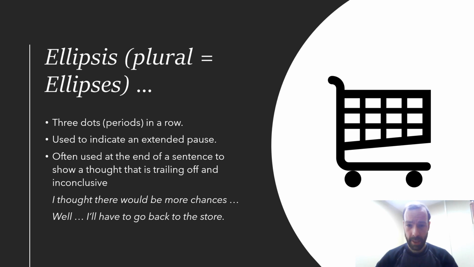Lastly, we're going to talk about the ellipsis, plural ellipses, which is 3 dots or periods in a row. Sometimes people put more. If you're using this in formal writing, which you shouldn't really that often, definitely don't do more than 3. We use this to indicate an extended pause, and you might use this when you're story writing to show a character pausing or thinking for a little bit of time. Often it shows up at the end of a sentence to show a thought that is really trailing off,